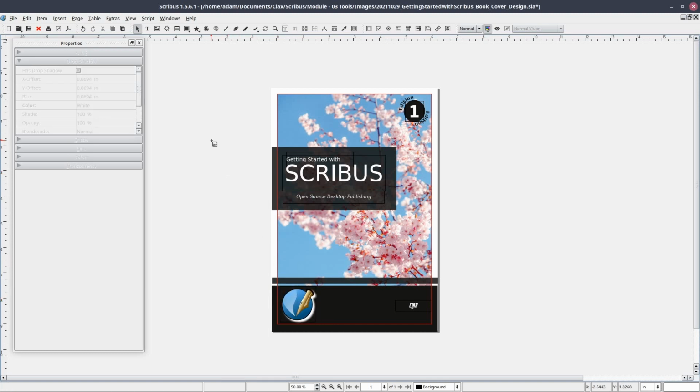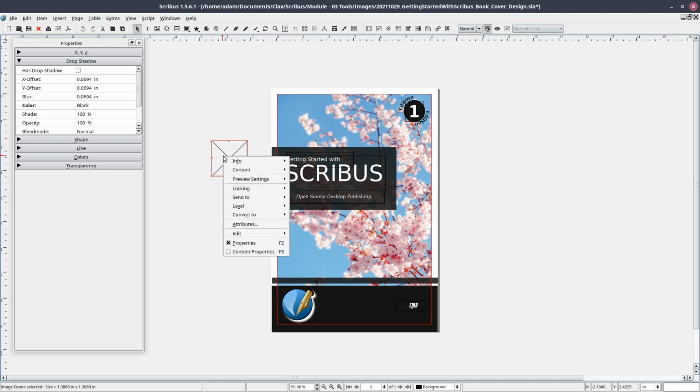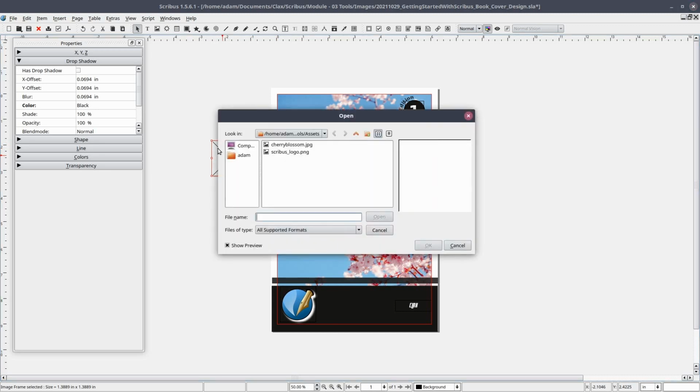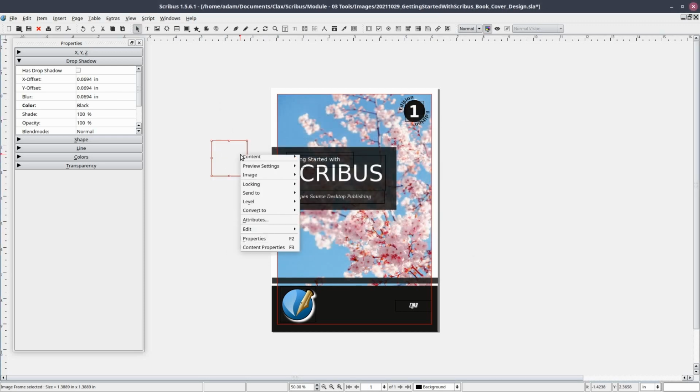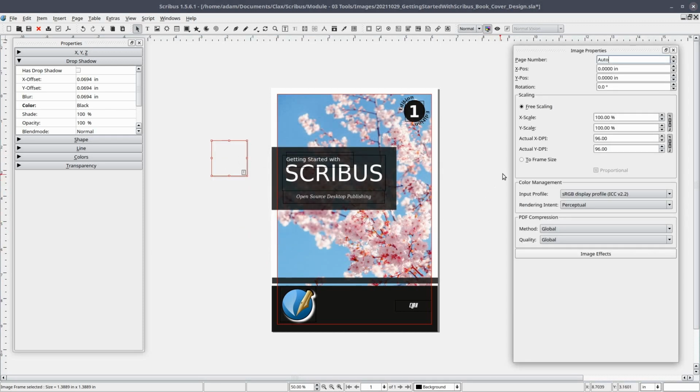Let's add another image. This time we'll press I on the keyboard and with the mouse, click on the workspace. Once the image frame is available, we'll double click on it, and when the modal appears, select the image we want to place inside. We'll use the same image as before. And from the Content Properties control panel, we will select Scaling to Frame Size again.